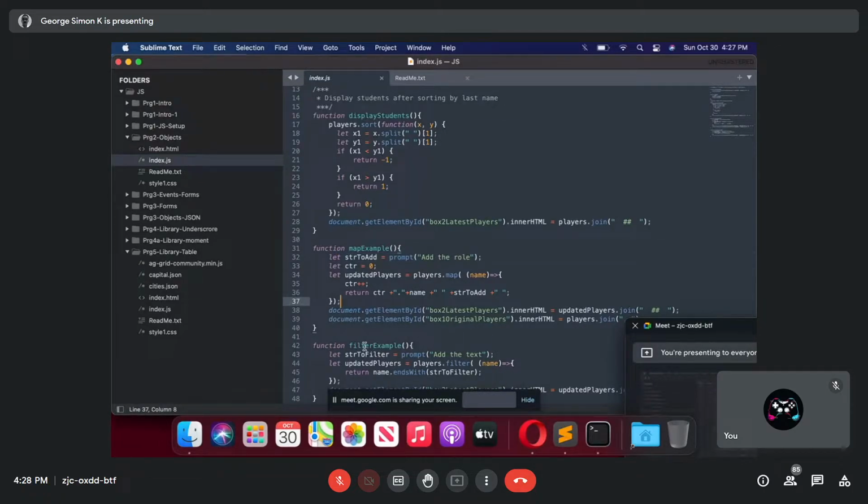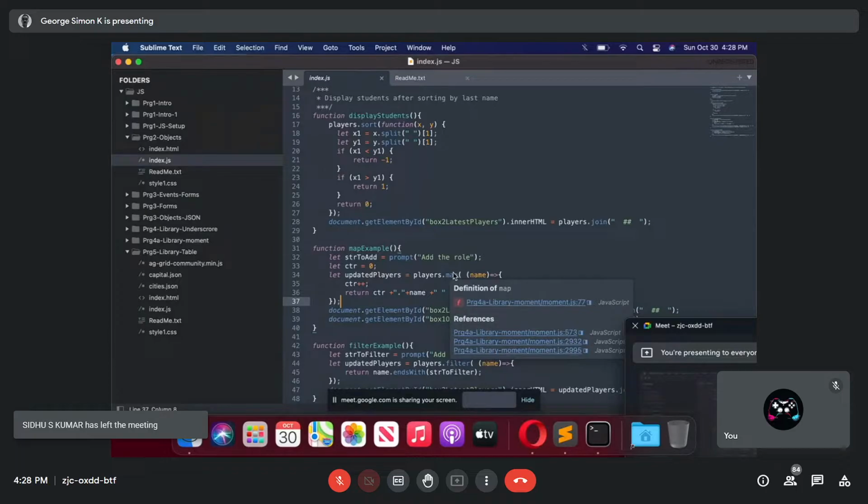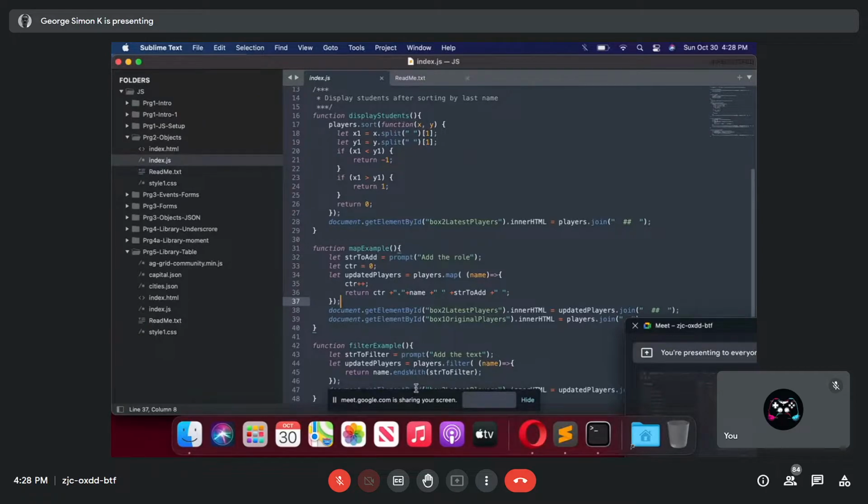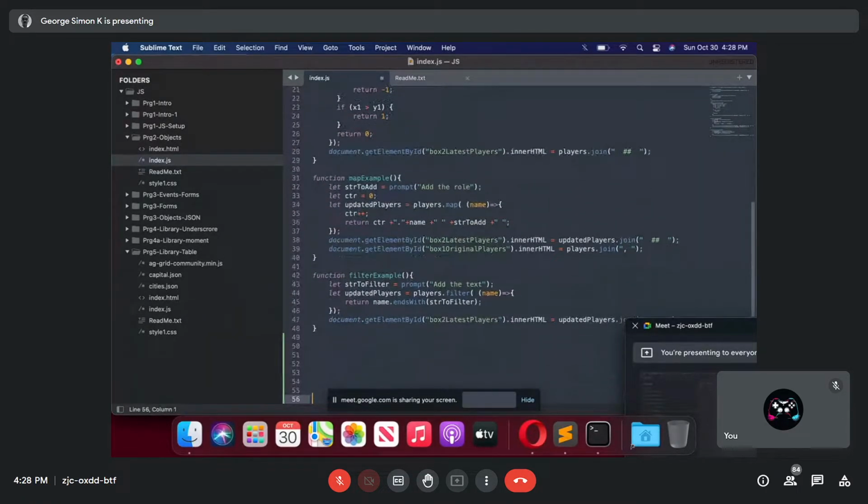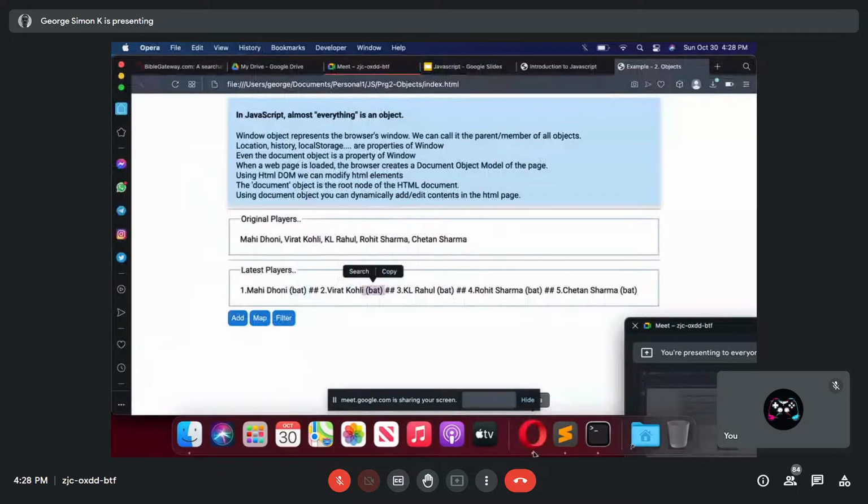Now another example of one method called filter. This is also similar to map. This won't alter the existing array, but it will create a separate array. This is the method filter. Filtering means, even if we have an array length of say 1000 or 2000, you are saying I need all the players ending with the name Sharma.